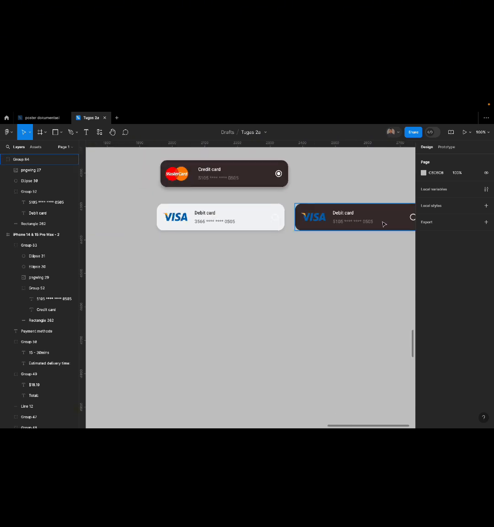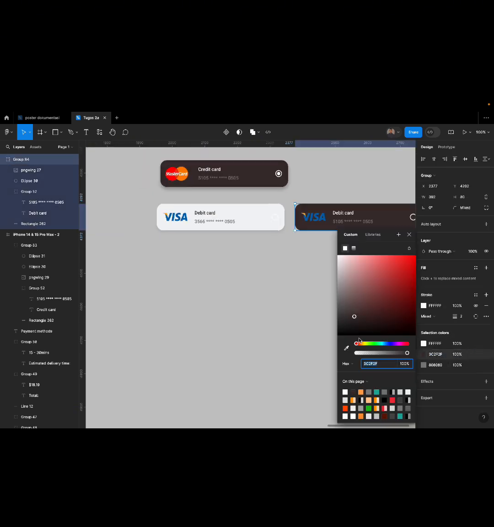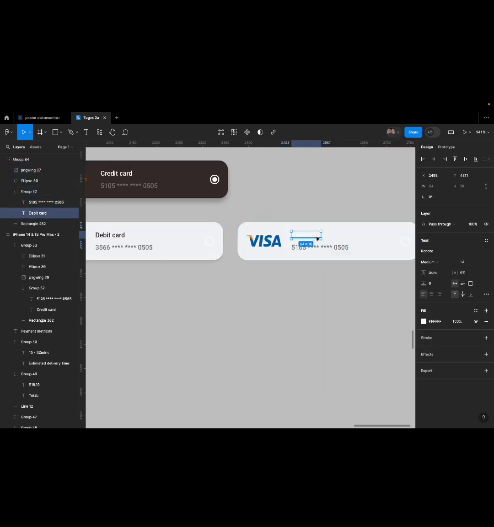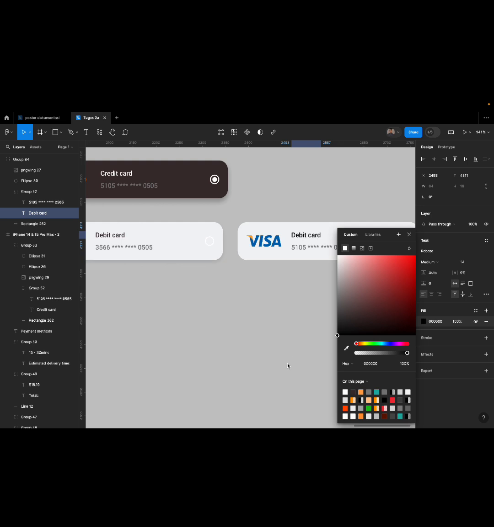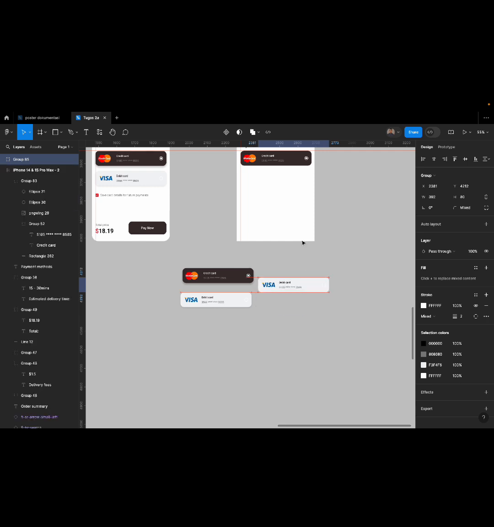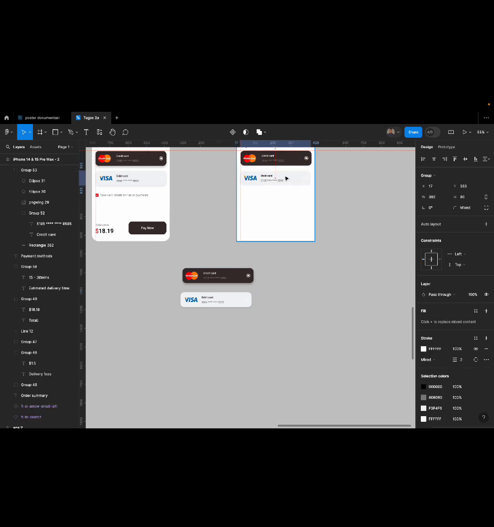And recustomize the color of the button, and the color is white. Change it to black. Group it and put it below that.